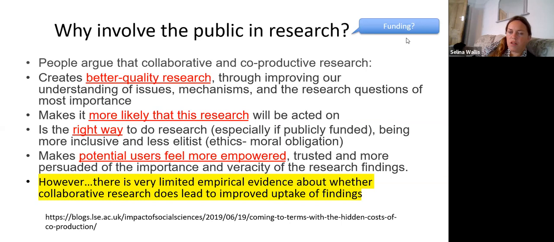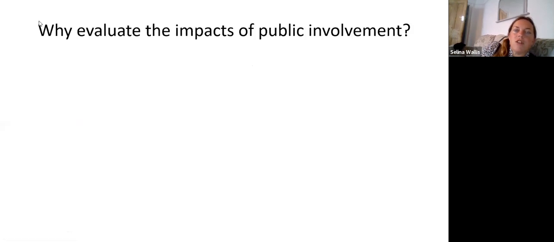But what we also find is that with this kind of co-production, where we're involving people in a much more in-depth way in research, there isn't a huge amount of evidence about whether it does actually lead to these improvements that we think it will. So there's still a smallish evidence base about that. Okay, so which leads us on to